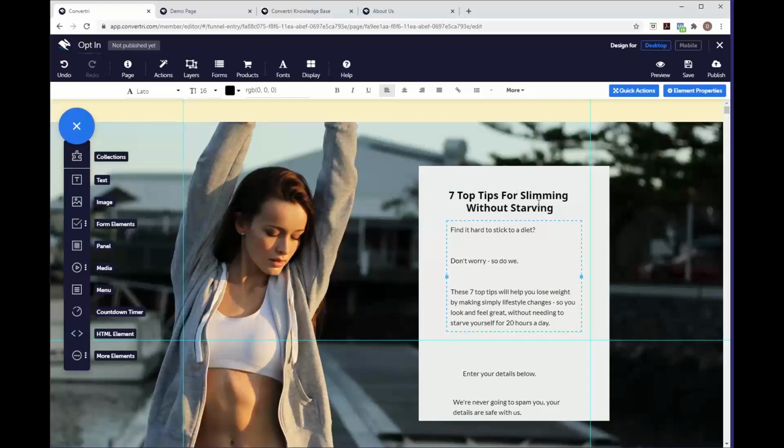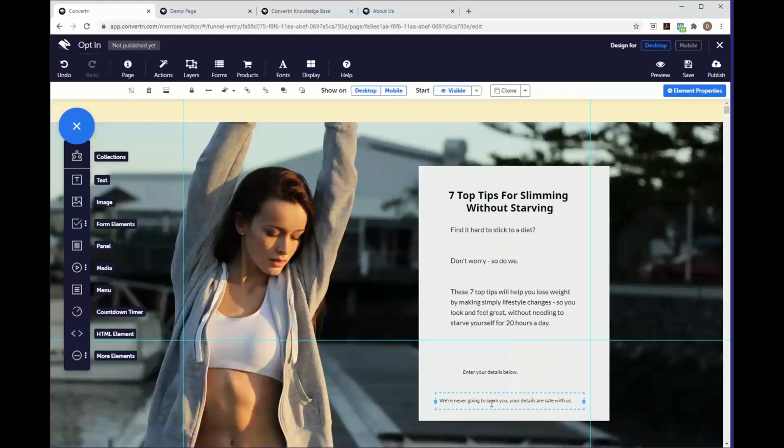So as we've shown there, you can make individual edits. So say we are actually going to want to make some changes to these two down here. So for the Enter Your Details one, we'll change the font size slightly, and we'll do the same for the spam text, just because we don't need those to be as big. They're just more subtle reminders. So we can change it like that, and we'll extend it out. And then for both of these, we'll set it to center align, so it looks a lot neater. So we've now got our text on the page,